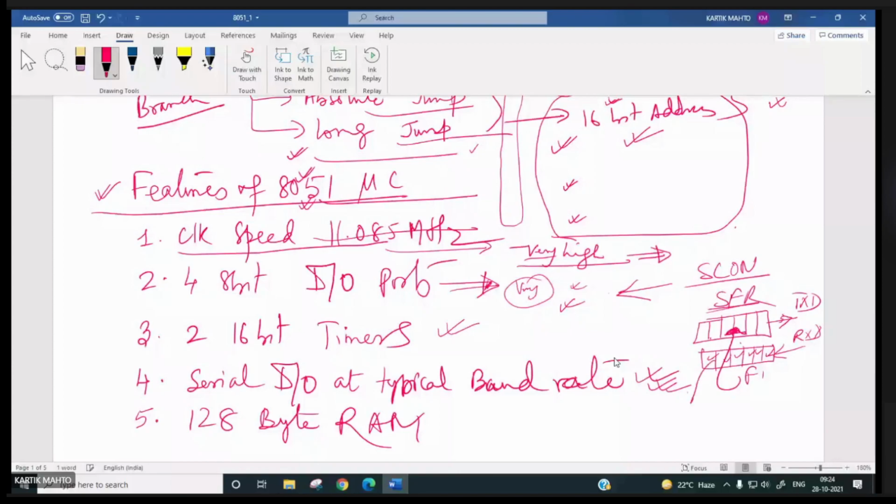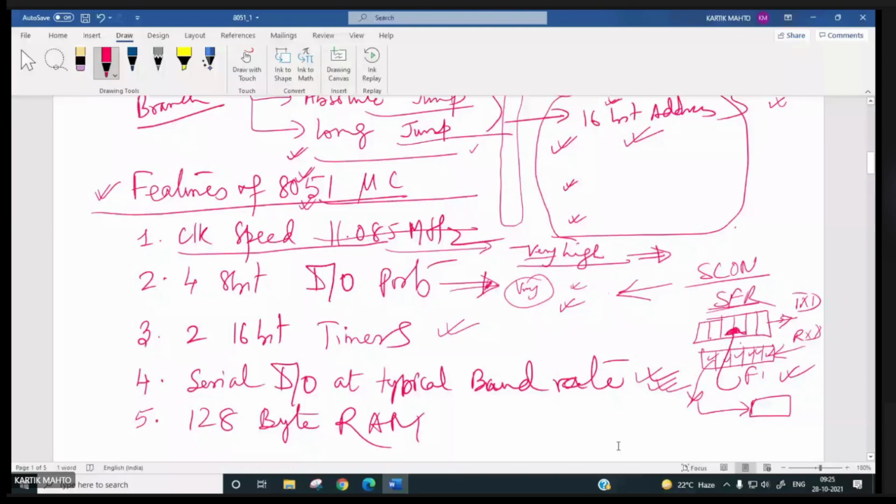So it's very easy in 8051 while transmitting or receiving data at a typical baud rate. But in 8085 it was done using the RIM instruction, SIM instruction, rotating the bits. So that type of problem was there. So it is modified and a new feature is added, right?